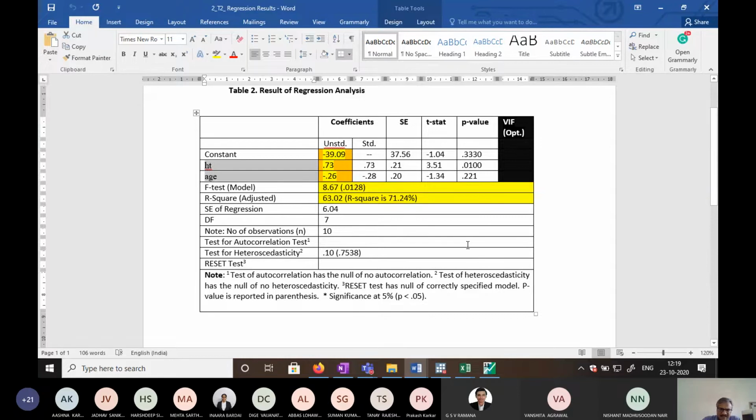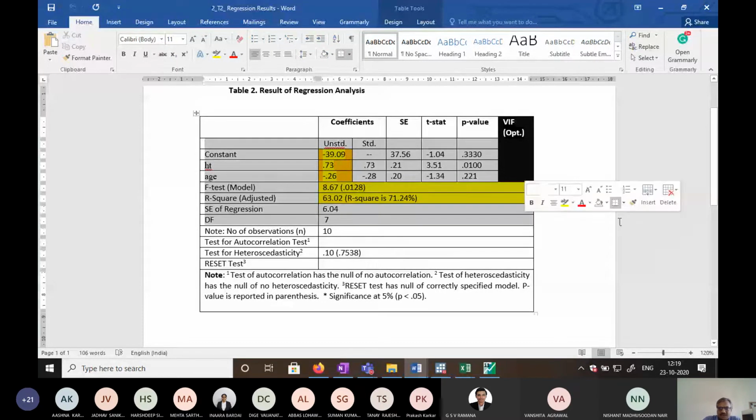The SE, t-statistics, and p-value, we have done all those discussions. These things are clear. By the time we finished this much portion, we said that we have to talk about diagnostic testing, which we call. Why do we call it diagnostic testing? Because